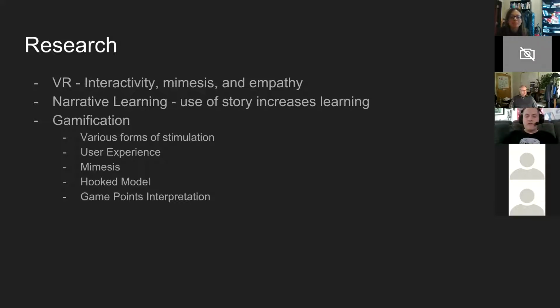The hooked model, which I'll get to in a second, and then also game points. So one of the things that they found in classes with gamification is that students,